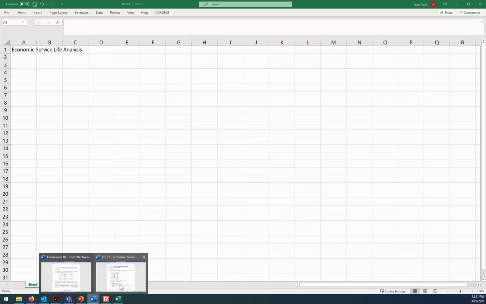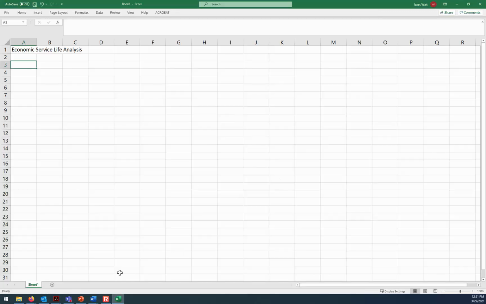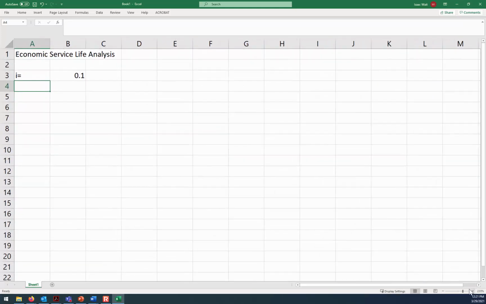All right, so the interest rate is 10%, and our first cost for this equipment is $20,000. All right, so let's put both of those things in. First of all, the interest rate is 10%, which we write as 0.10. Let me make that even a little bit bigger. All right, and first cost,